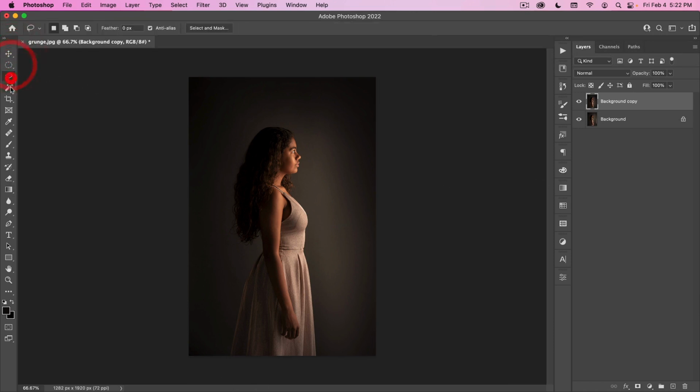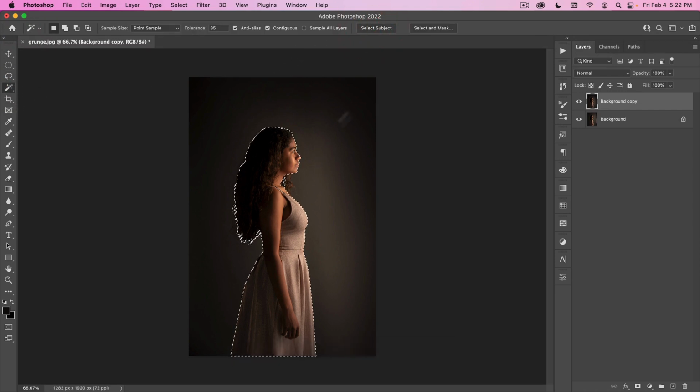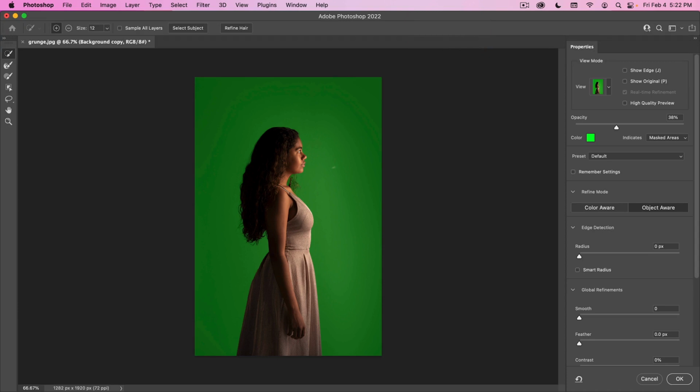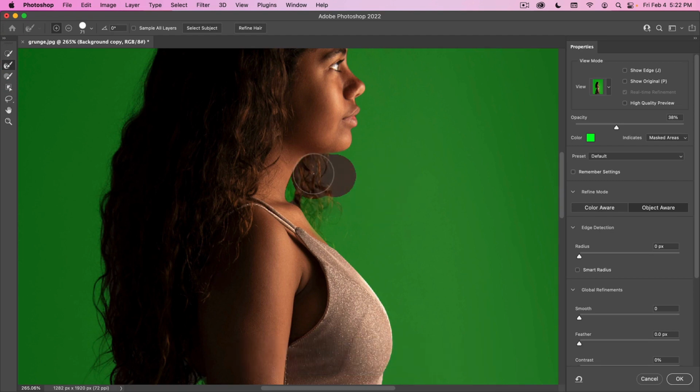All right, now I want to select her out. So we'll just go on to one of our quick selection tools and click on Select Subject. Let's go to Select and Mask. Aside from the hair, that looks pretty nice. Let's go and see if we can improve this. And that did nothing. So let's try it with this tool.